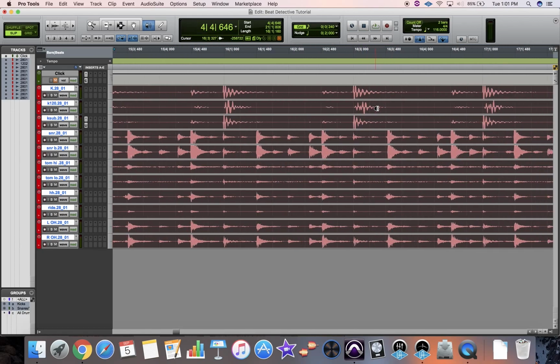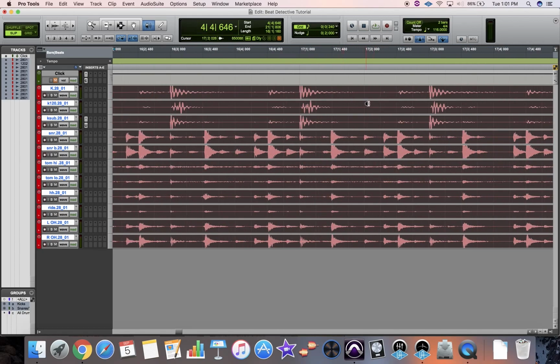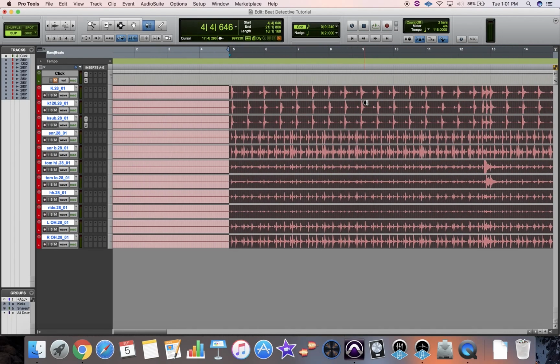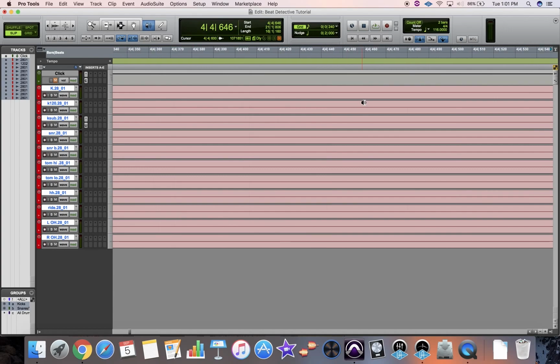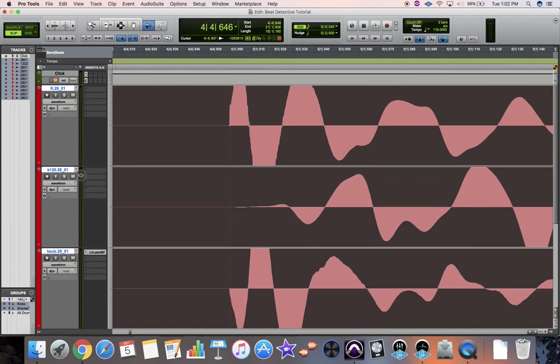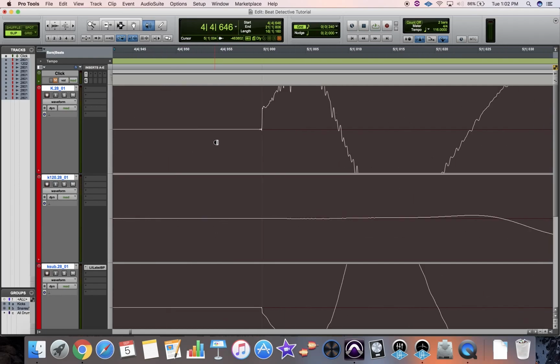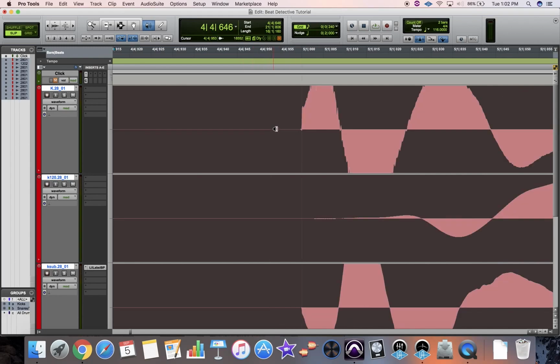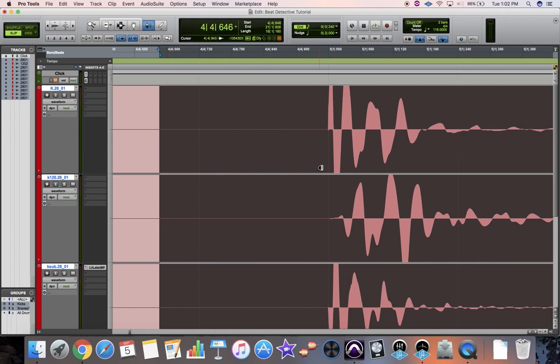So it does look like maybe there was a little bit of beat detective already on this. I could tell this from the very beginning when I looked at this transient. You can see if you zoom all the way in, it's right on the 1. It's pretty much dead on, and the chances of him actually hitting dead on like that is very, very unlikely. So there probably was a little bit of beat detective, but here's a good example of why